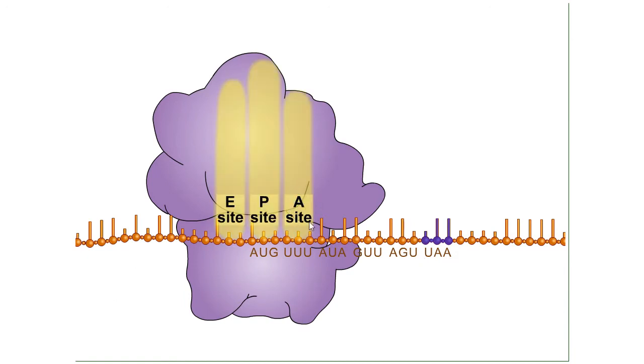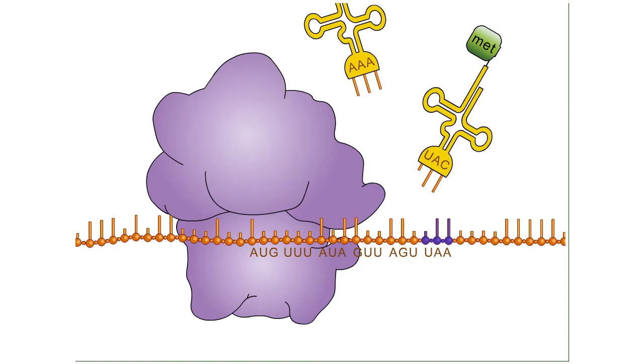We have the A site, which is where a transfer RNA is going to bind to. We have a P site, which is where the peptide bond is going to be formed. And we have an E site, which is the exit site for the tRNA to leave the ribosome after it has brought the correct amino acid. So in this particular example, we have the AUG as our start codon. So if you look that up in the codon chart, that actually codes for the amino acid MET or methionine,